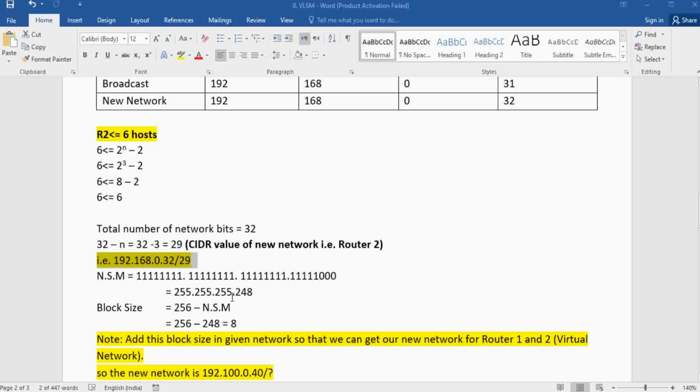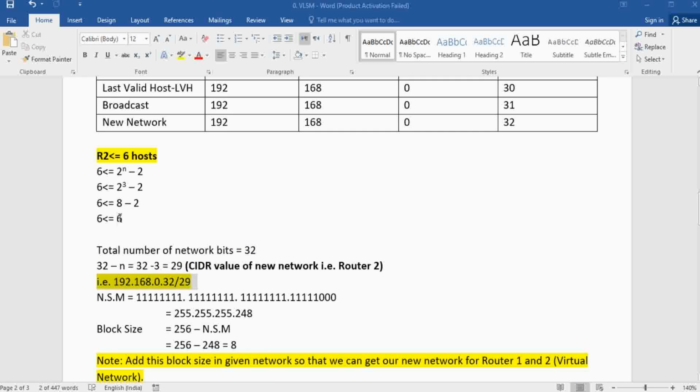192.168.0.32/29 is the subnet. Move to the next question, how many hosts? So the answer is 6. Move to the next question, what is the block size? For this, we need to find the subnet mask of /29. So the new subnet mask is